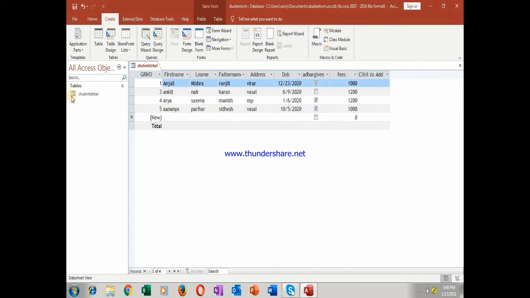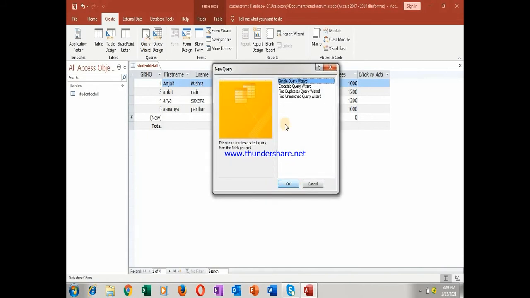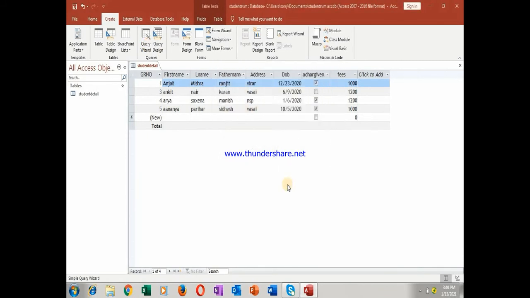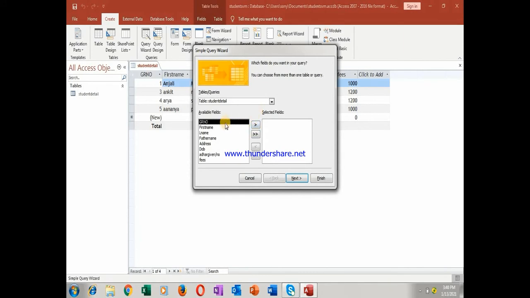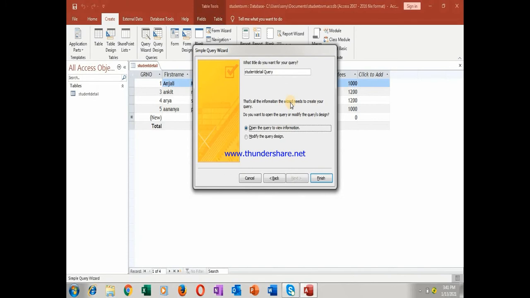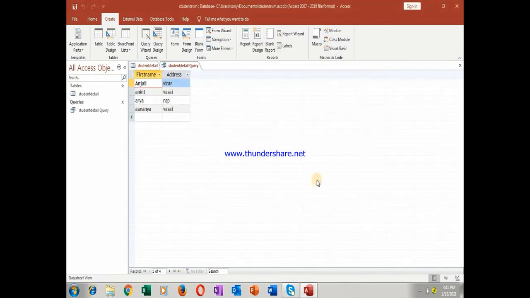Okay, so again I am showing you how to create a query with the wizard. In the wizard, the first option is already selected. Press OK, then First Name, and let me now take the Address as well. Next, then Finish.